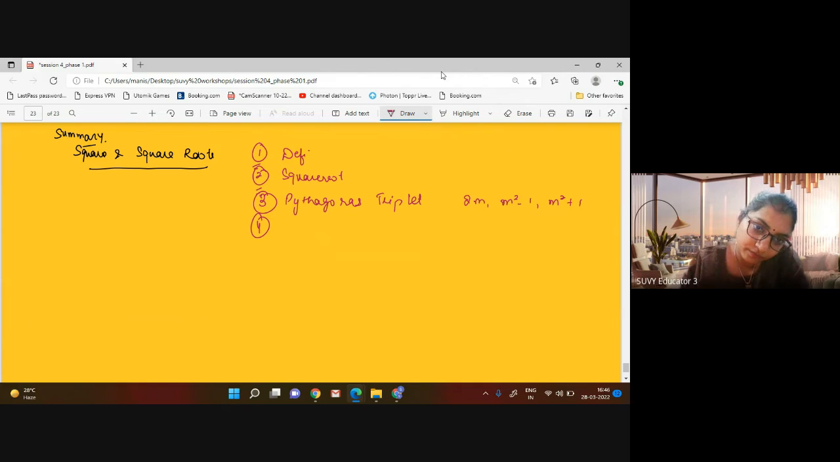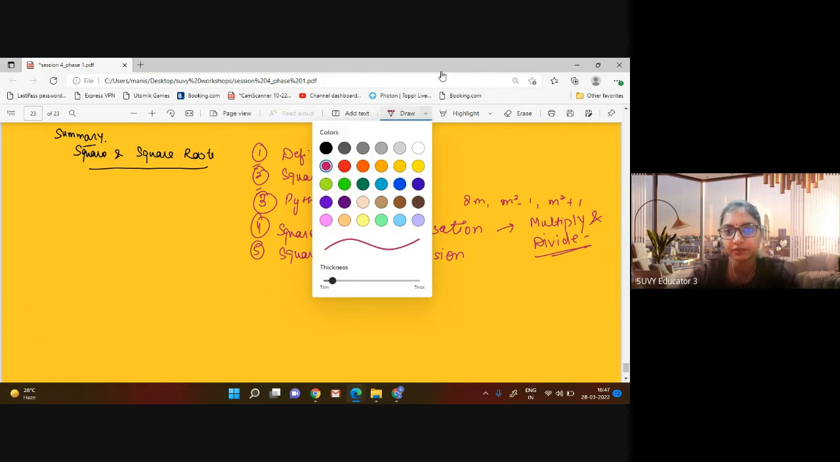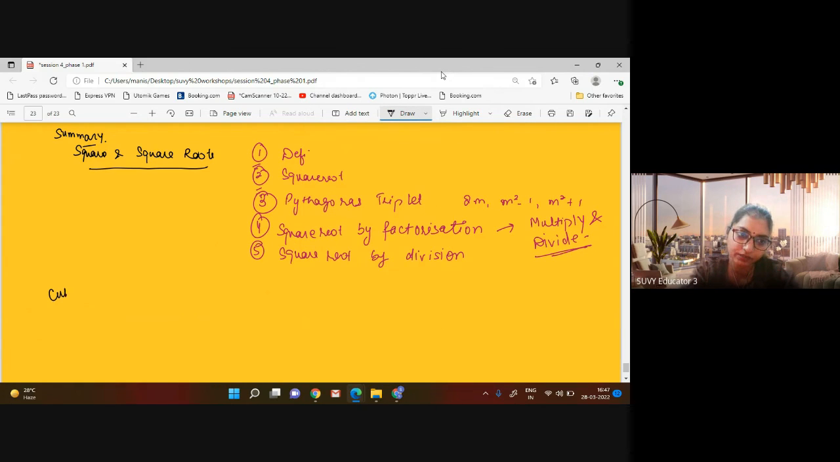Fourth thing, square root by factorization. Next, square root by division. So these were the things that we have covered in square root, and in square root we also see what should be multiplied or divided to make a number a proper square, right? So then the second chapter that we have talked about, my dear students, is cube and